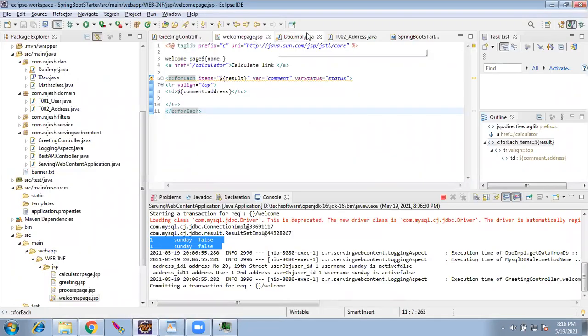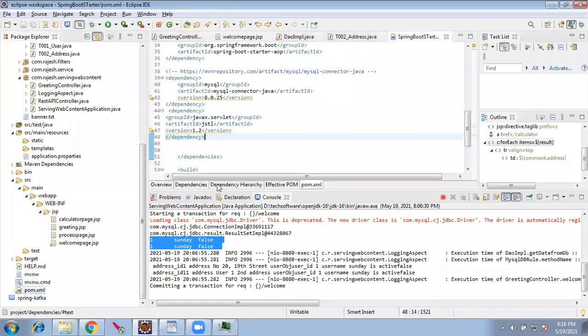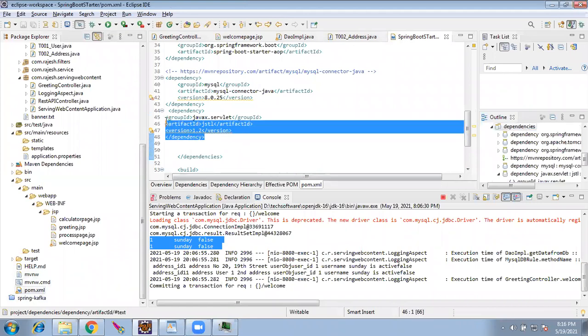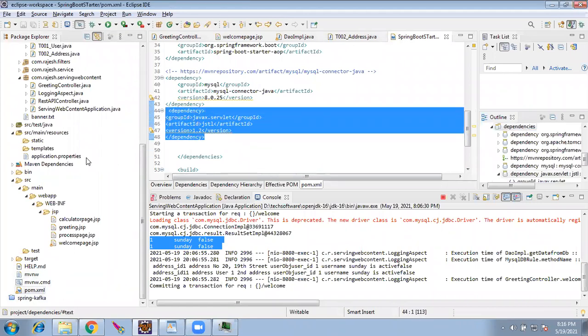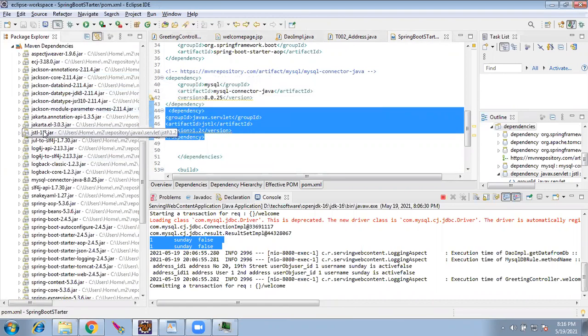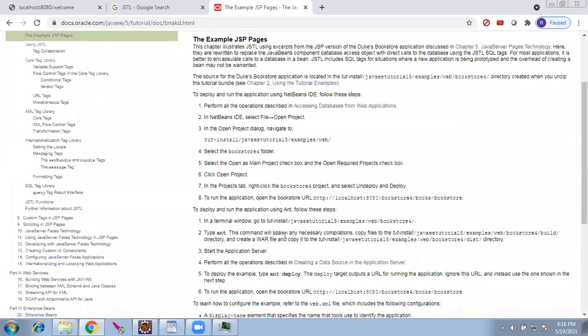One more thing I wanted to tell: to use this JSTL in the pom.xml, you have to add the JSTL jar reference, so that it will download the jar and keep it in the Maven dependencies. JSTL 1.2 has downloaded. That is one thing, but I wanted to show something else.